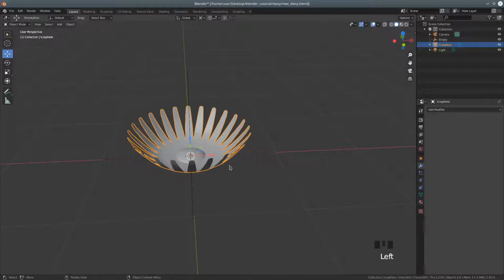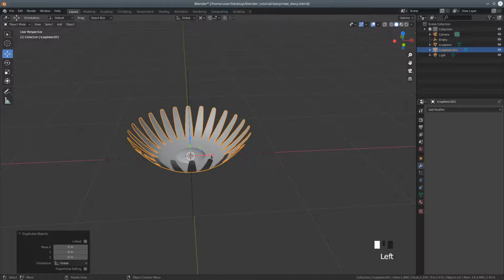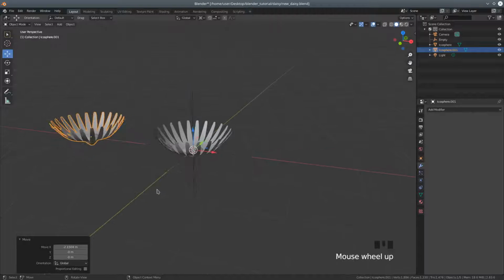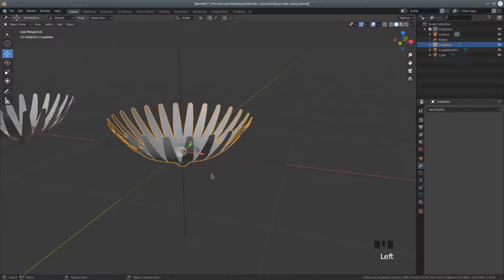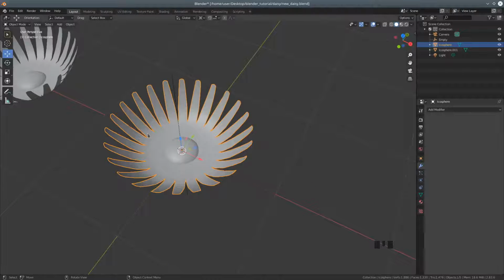And in order to do that, I'm just going to duplicate that. Shift D, I believe, does that. Just move that out of the way so we can see what we're doing. The wonderful thing about what we're doing is it's relatively easy to do. So we can go back into object mode, edit mode rather,